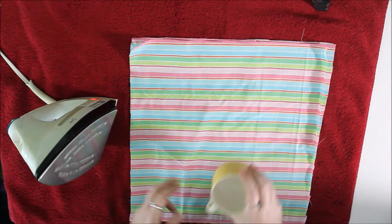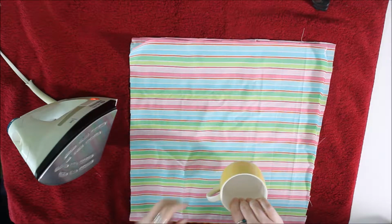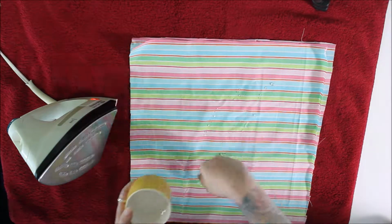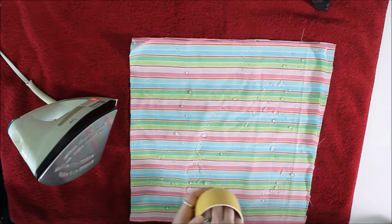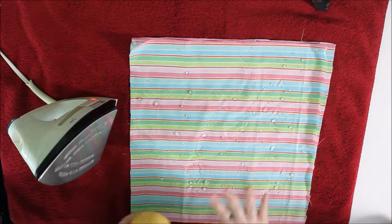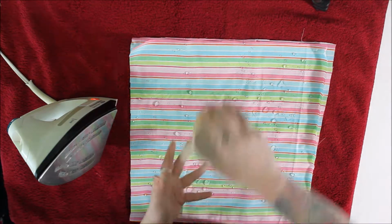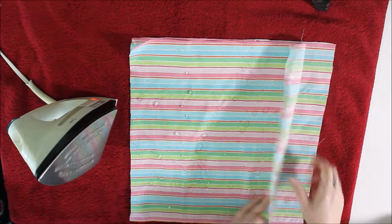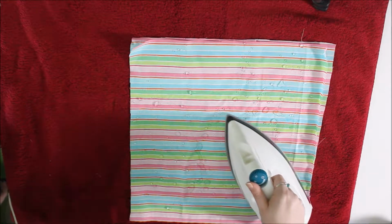So I like to use a little bit of water. Usually irons come with a spray function, but I think the spray function on that broke a long time ago. So I just get a cup of water and sprinkle water on here, because the steam helps heat up the fabric, which makes it loosen up, and then you can flatten it with the heat. So to make it easy, I just put the 2 pieces together, and then you just